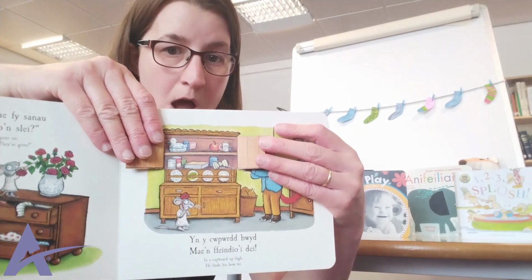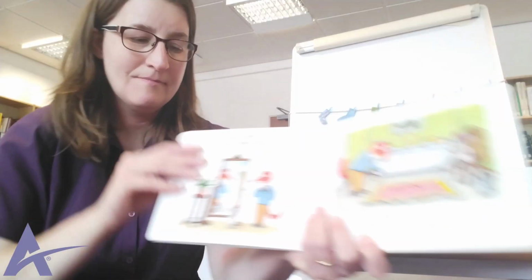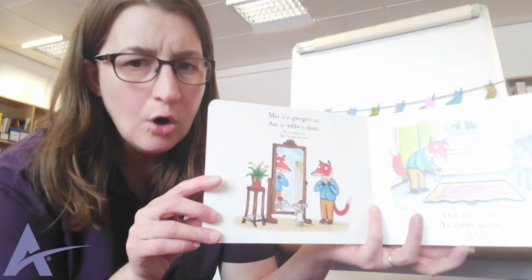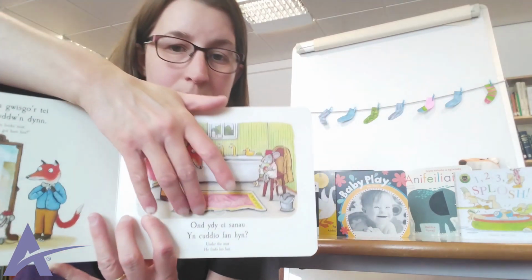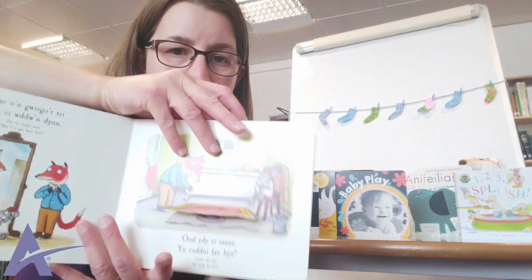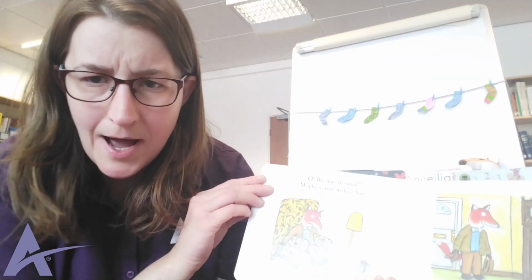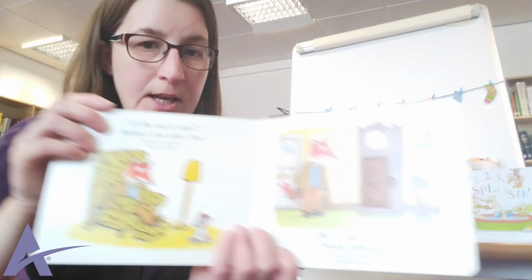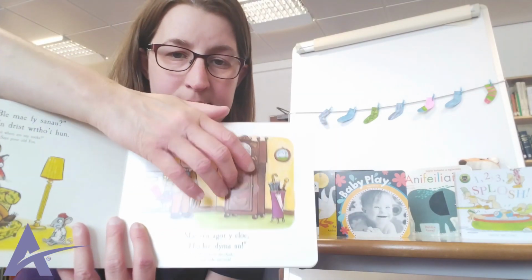Along with other things, a bow tie. The tie looks neat, but I've got cold feet. Oh, under the mats, he finds his hat. But where are my socks? Says poor old fox. He looks in the clock and finds...